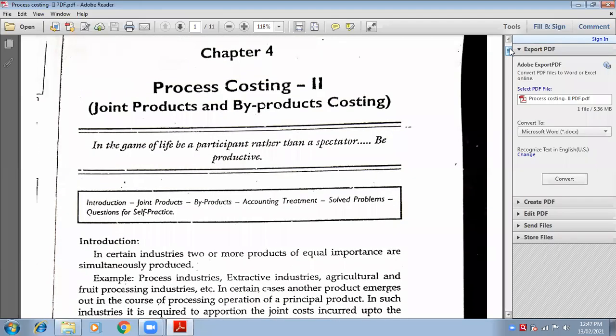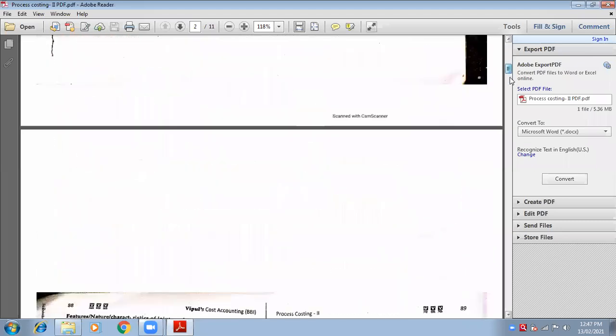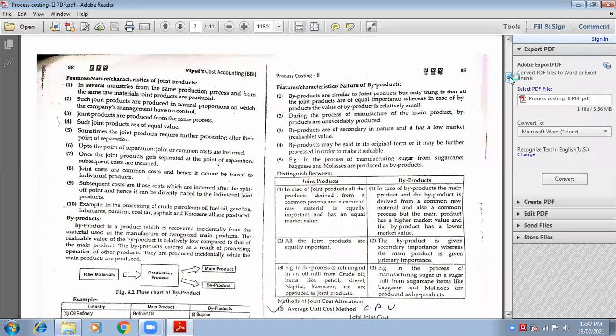See, yesterday we started with process costing 2, and there are a few methods to calculate process costing of joint products. What we do in this chapter is joint cost allocation. That means when joint products or byproducts are made, before separation there is a joint cost. So we need to separate it, allocate it, or we can say distribute it to different products after separation.